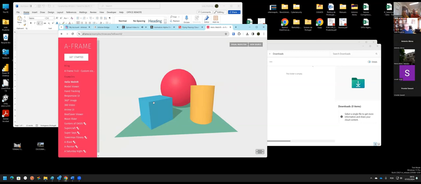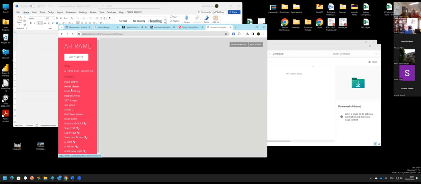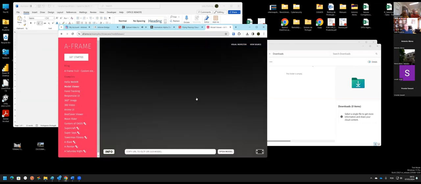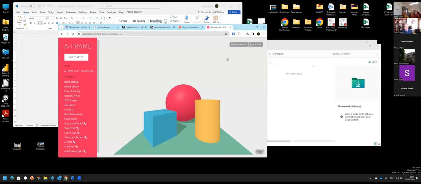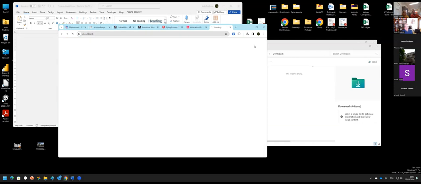It's a 3D model that you can superpose. There is a model viewer where you have a Triceratops. This is very easy because you can always see the source,